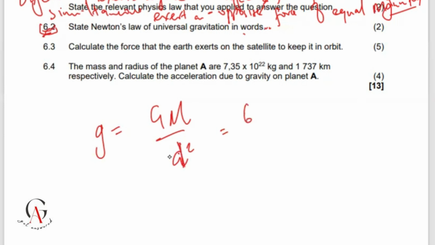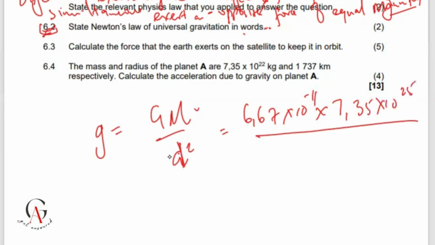So our G is 6.67 times 10 to the negative 11. The mass is 7.35 times 10 to the 25. The radius is GM over R squared. So the radius is going to be, these are kilometers. When we change kilometers to meters,